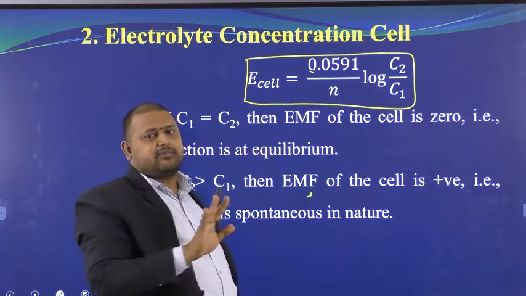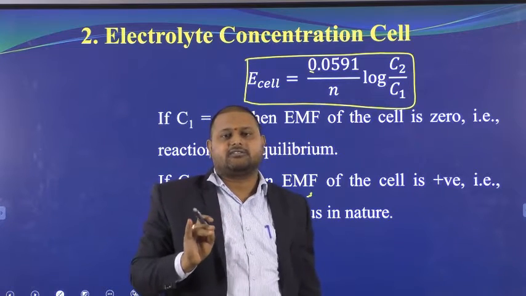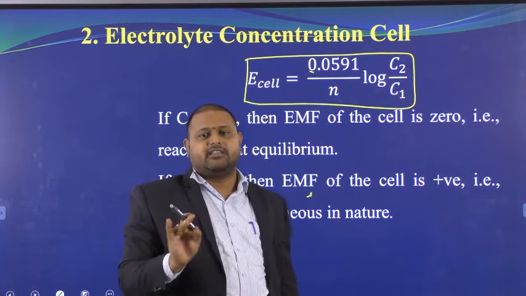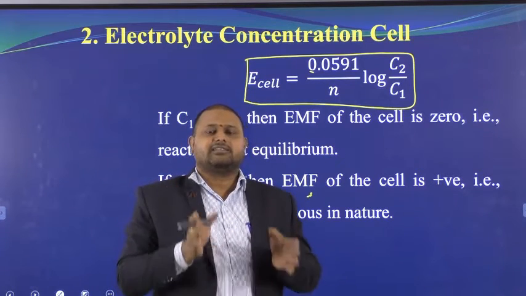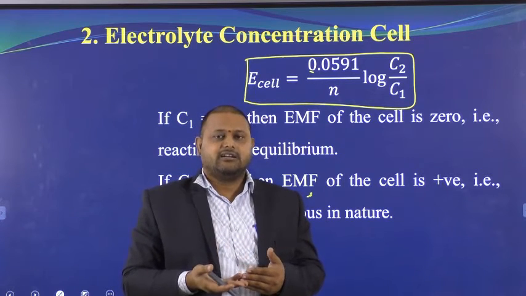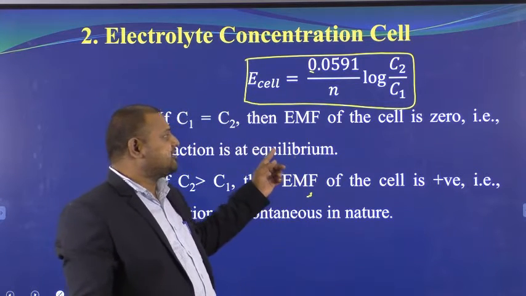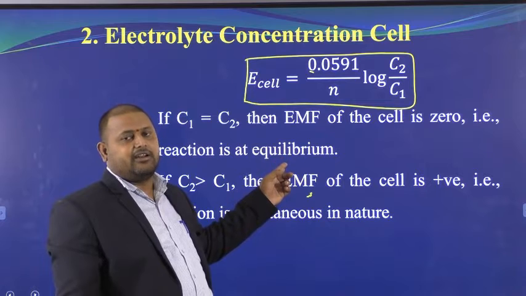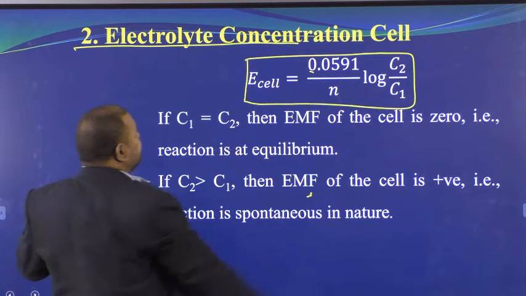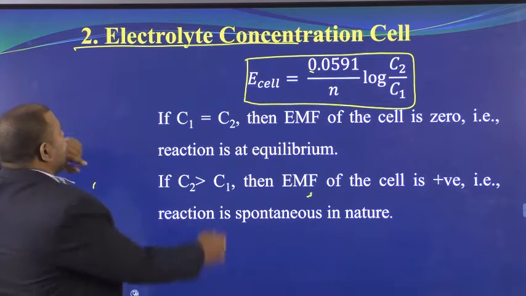We did not change the metal. You should remember the important point here. Why are we emphasizing concentration cells? We are not changing the metal. We are not changing anything. We are using the same type of metals and the same type of solutions. But still, we are able to produce current by just changing the concentration. Here we are changing the concentration of the electrolyte, so we call it an electrolyte concentration cell. This is what I have written here as electrolyte concentration cell. We are changing the concentration of the electrolyte.